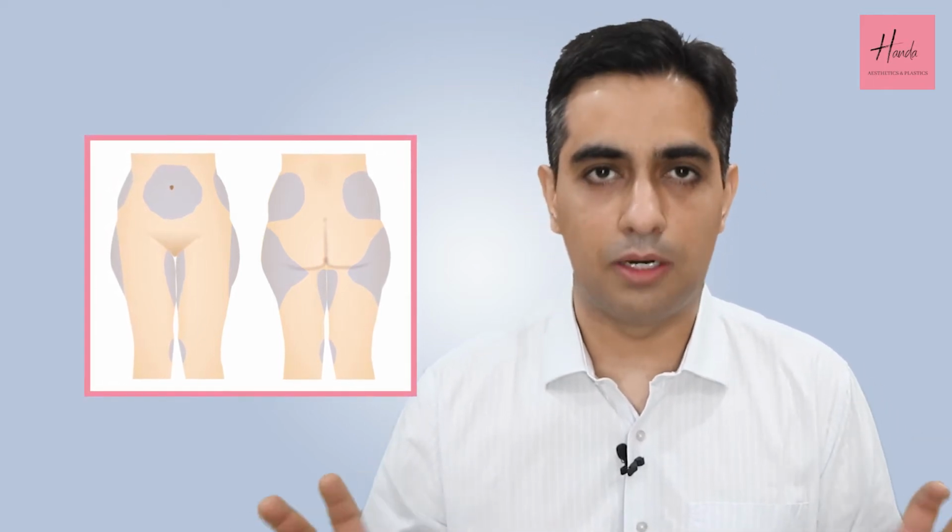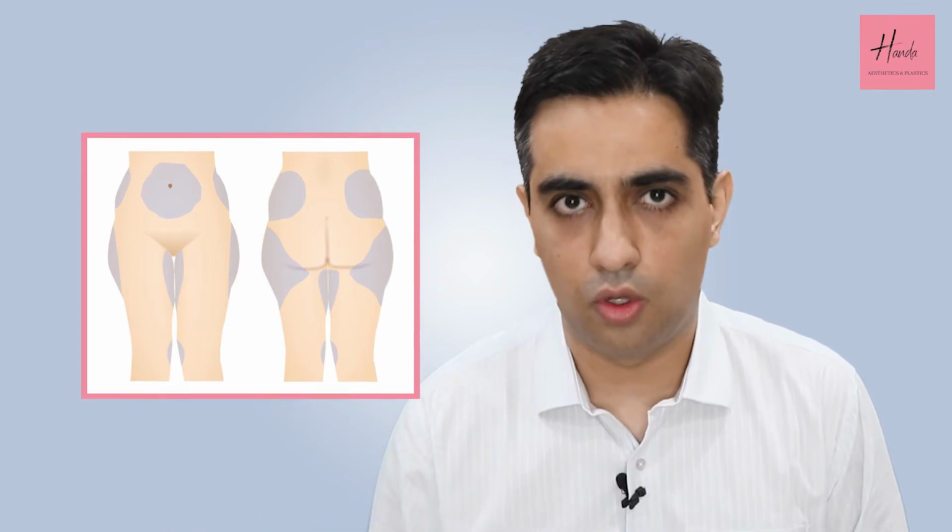Then we come to an even more advanced procedure, that is a lower body lift. Now a lower body lift will tighten your abdomen. It will pull up the loose skin on the outer aspect of your thighs, also correcting to a certain degree loose skin on the inner aspect of your thighs. And also it corrects any buttock ptosis or sagging down of the buttocks if present. And at the same time, there are various methods by which buttock augmentation can be done at the same time. So a lower body lift is the most advanced procedure for lower body contouring and to give you the